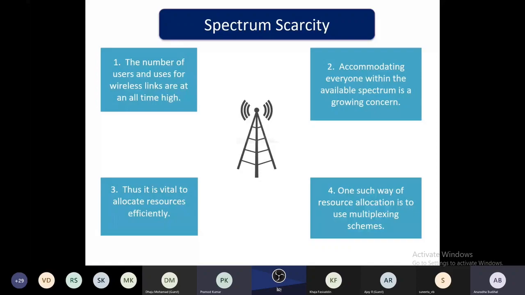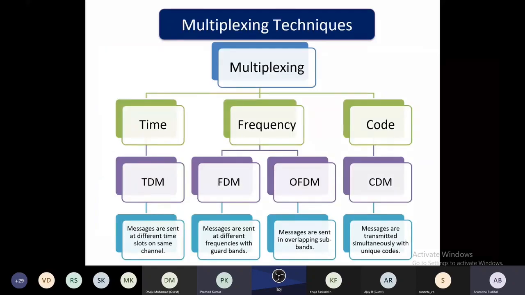Now I'll go through different multiplexing techniques. As I told, the number of users increases, so accommodating them and allocating resources efficiently is vital. To overcome this, we use multiplexing schemes. There are different multiplexing schemes: time division multiplexing, frequency division multiplexing, and code division multiplexing. In time division multiplexing, the messages are sent at different time slots on the same channel. There will be a single channel,